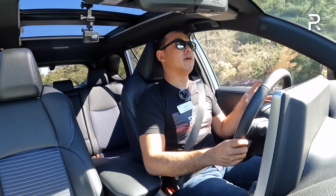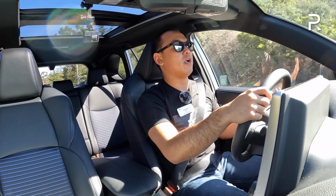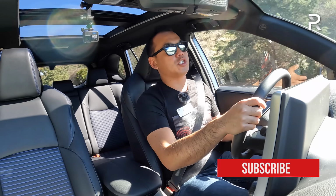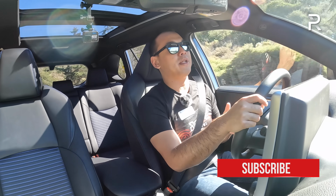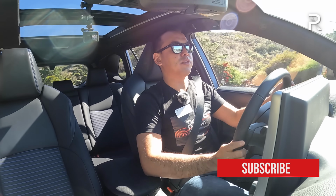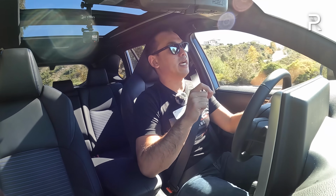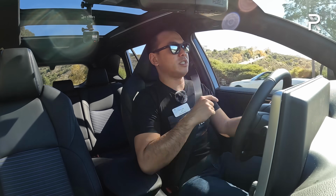allows the gas engine to speed up. This one here does have the ability to coast around on electric only at lower speeds, but as soon as you demand more than like a quarter throttle, it turns the gas engine on, because remember, you didn't get the Prime that has the full 18.1 kilowatt-hour battery pack. So I'd recommend that if you guys want the full EV experience. But regardless, this is going to help you get significantly better gas mileage, and it is quicker versus the standard